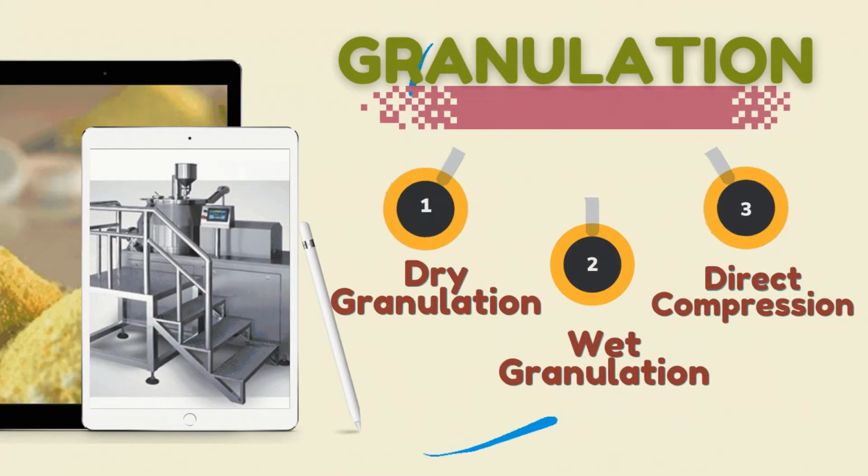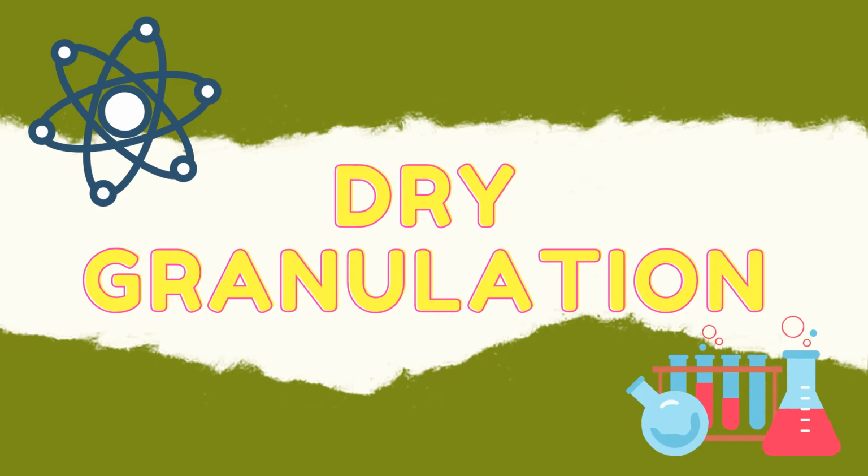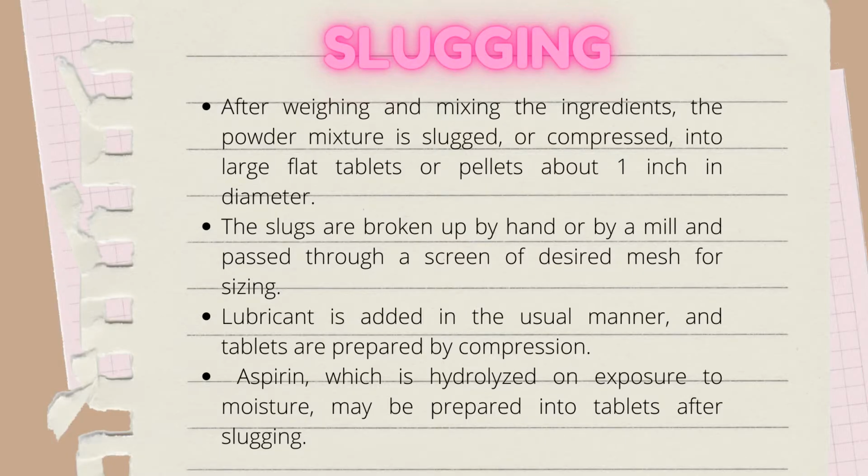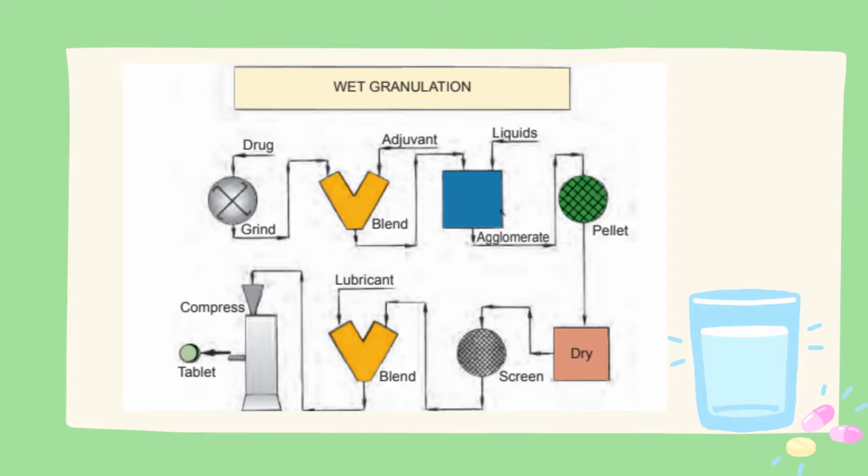Talking about granulation, there are basically three types: dry granulation, wet granulation, and direct compression. Talking first about dry granulation, as the name suggests, you take the substance, add the excipients, and pass it through compact rollers to make the slug. In the dry granulation method, you're not adding any binding substance in the wet form. Everything is added, but with the help of roller compactors you make the slugs, and then you compress these slugs. So this is the process to make the slug. Then you do the roller compaction.